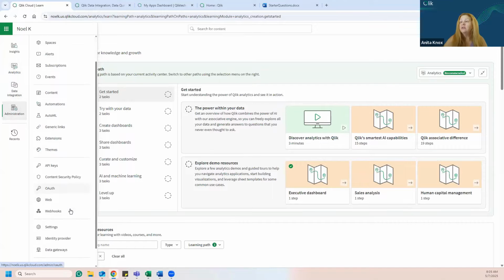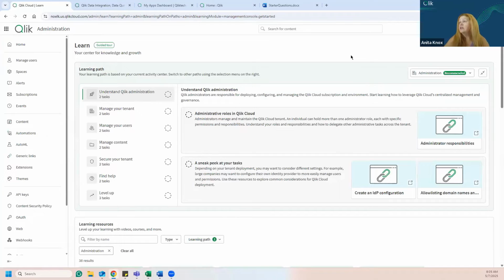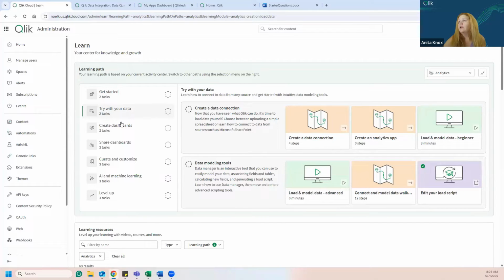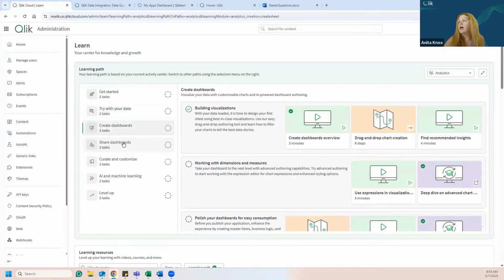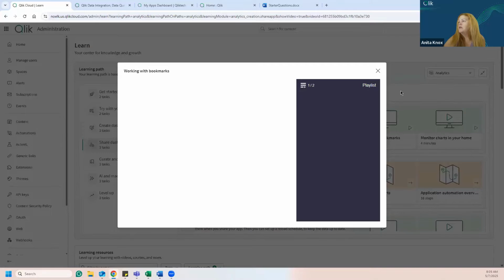And for admin users, we have the Learn page down here. And if you need to change users, you can come right over here in this drop-down and see content. So now I'm on analytics content only, for content creators, developers, those types of users. And if you would like a guided, more prescriptive path in learning, we have this learning path up the side, and you can click on tasks and you can open videos